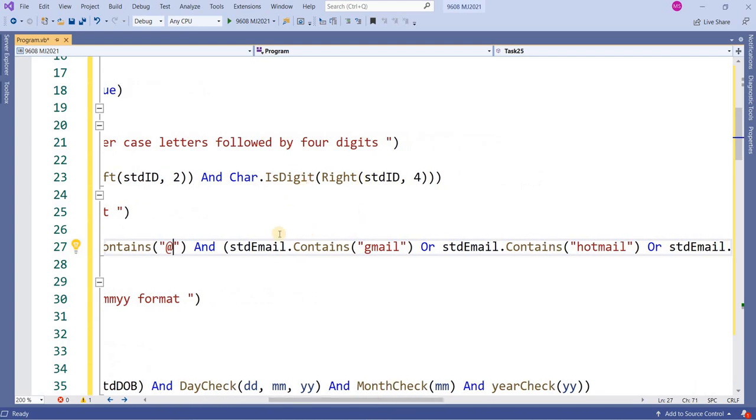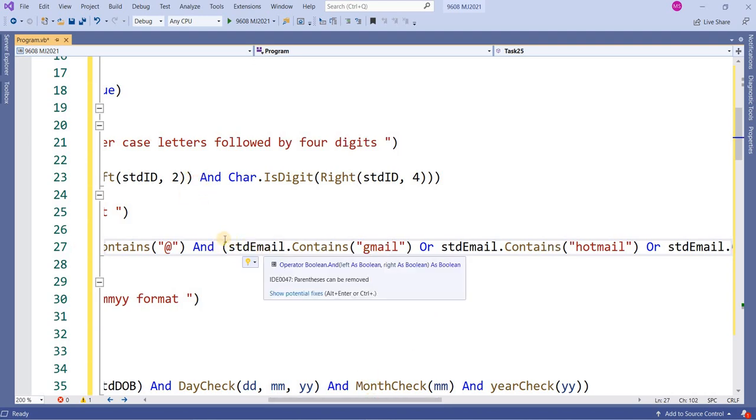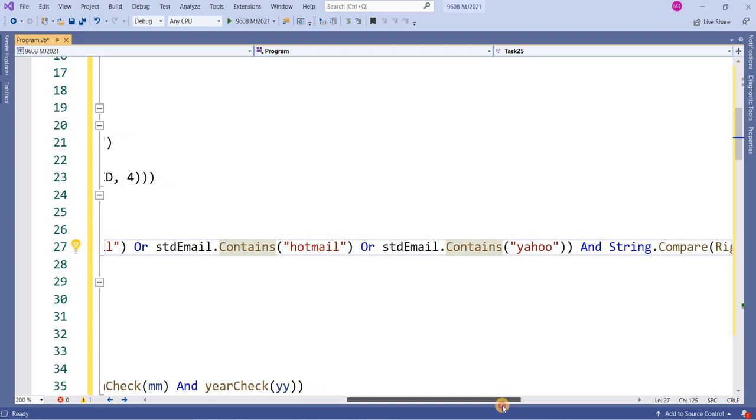I have also written that the student email must contain the word Gmail, maybe Gmail, maybe Hotmail, maybe yahoo.com, and so on. You can write so much more.